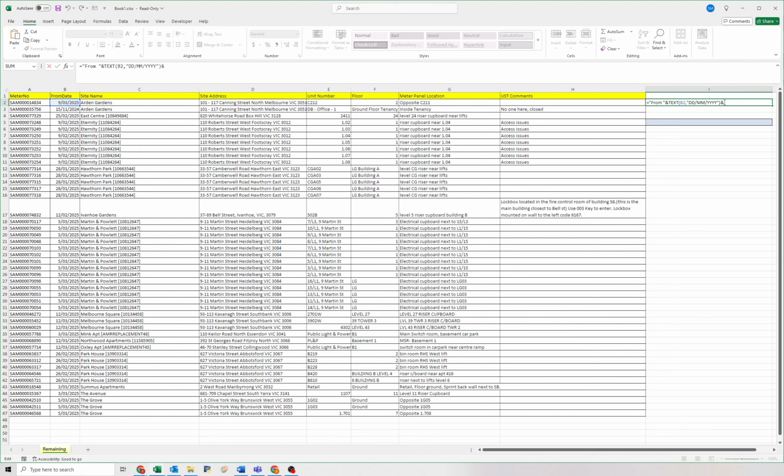And then we'll do some more writing. So full stop, space, location, colon, space, quotation again, ampersand, and then we'll click on the meter location, enter. Okay, it's a bit of a complicated formula, but what you're doing is, if we break it down,